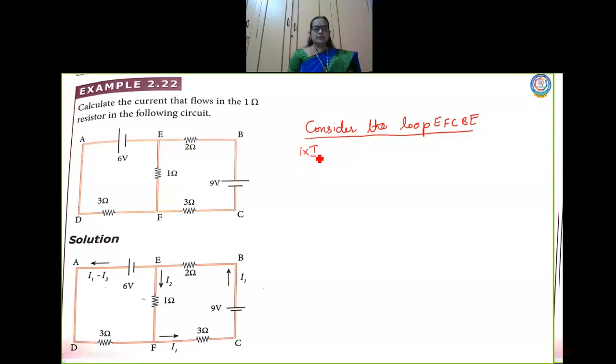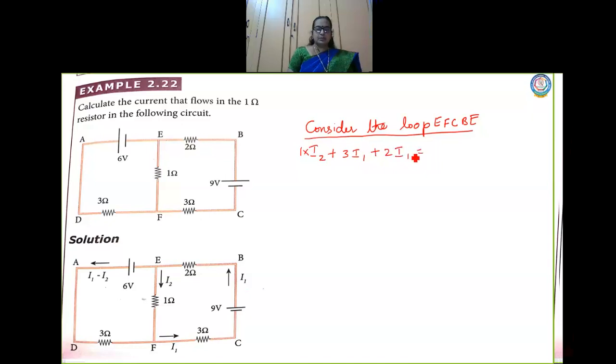product of current into resistance. So I2 into 1. Then again we'll go to the next lead. Here the resistance is 3, the current is I1, so it is plus 3 into I1. Clear? Now in this lead, battery is there, we will write it later on. The current in this lead is I1, and here also it is going to be I1, right? So what is the resistance here?